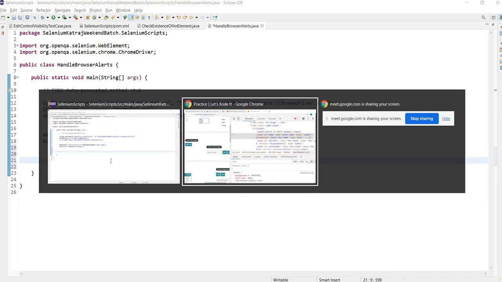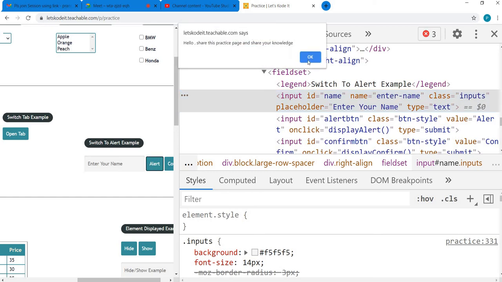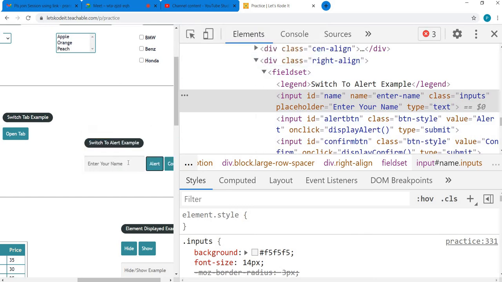Next, I am going to click on this alert button so that it opens this alert. Now in that alert I have to check whether the value I have just typed inside this edit control is indeed present there or not. That is what my test case is.